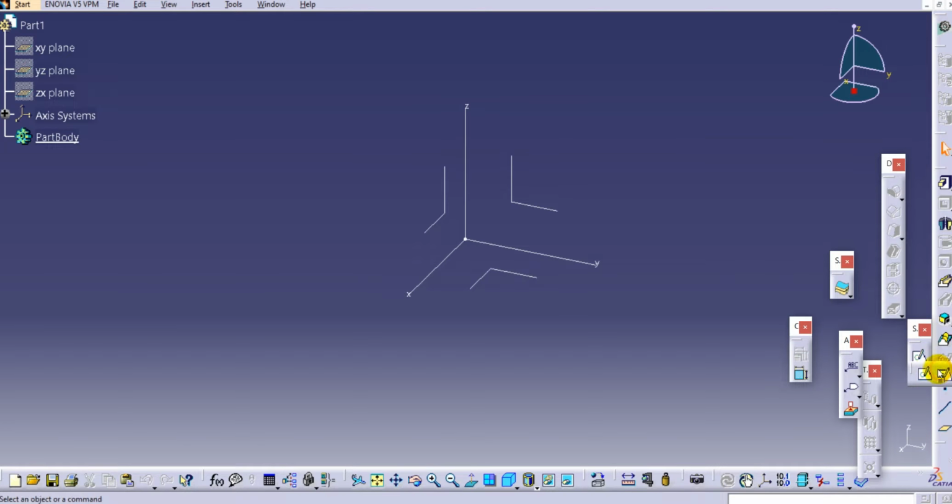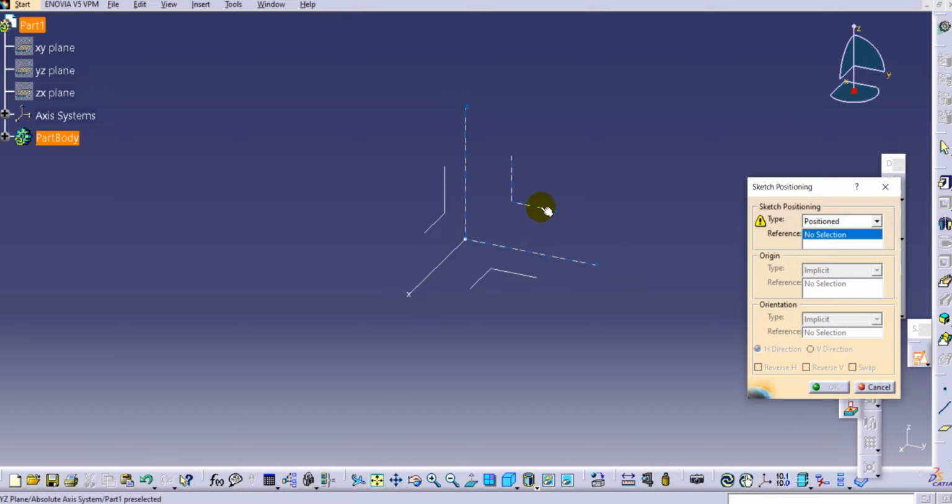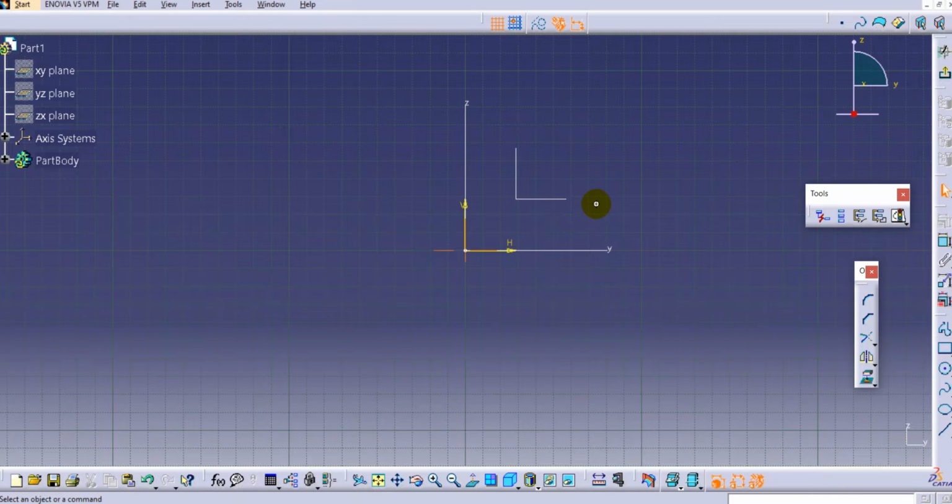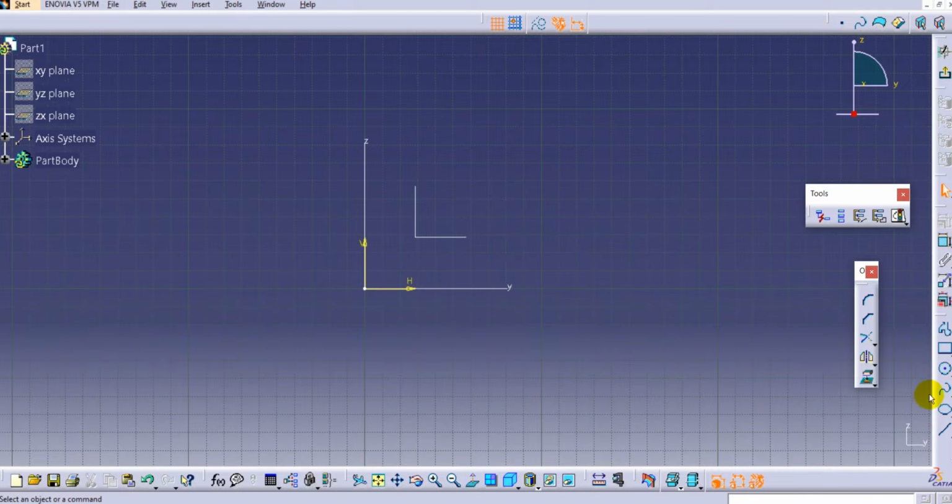Select the sketch positioning and we'll draw on the front plane. I will create a spline over here, just a simple spline, and exit the workbench.